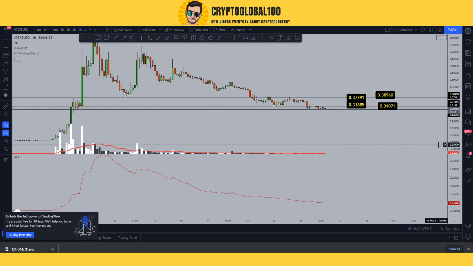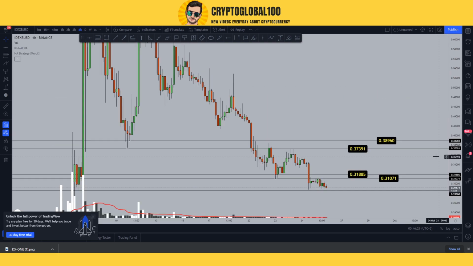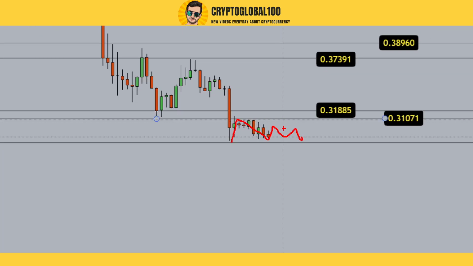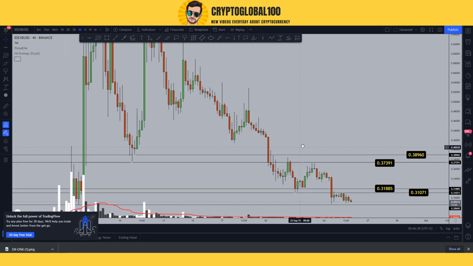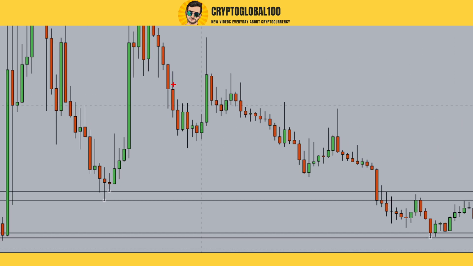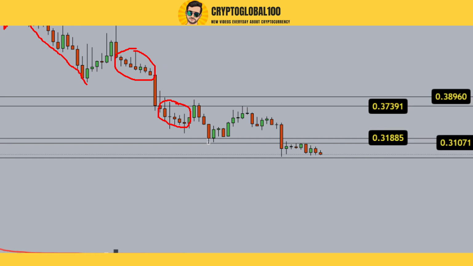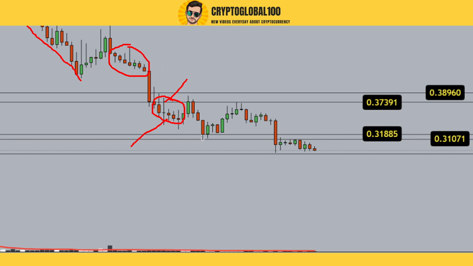If we continue to see this, let me turn this off. We need some accumulation with these candles. Small candles. If we take a look again, I'm going to start from here. This was the huge sell off, then a retest, sell off, then a retest again, then price started to lose its momentum. Momentum was lost somewhere here. Low momentum candles, but with a lot of volatility. These long wicks indicate the volatility. Then we saw a huge dump again but with a low volume retest at this.